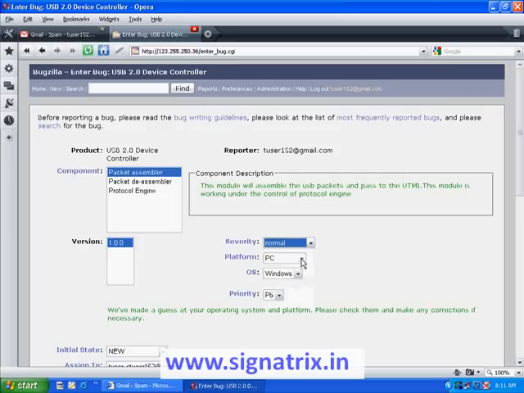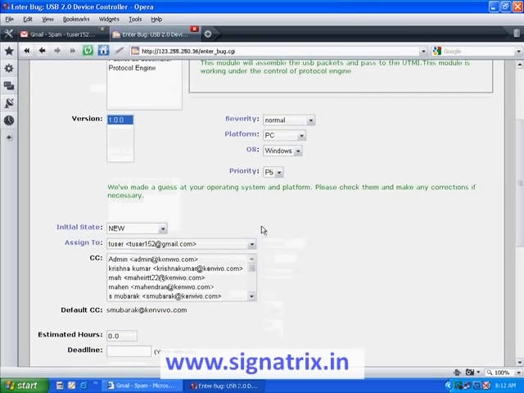Now the user can also set the platform, maybe a PC, Macintosh, or other. The next option is the OS which he is currently using. It can be Linux, Macintosh, or Windows operating system. Right now we're using Windows, so we can select based on that. The final thing is the priority of the bug. It can be a maximum of P1 or it can be P5. So we have set the priority